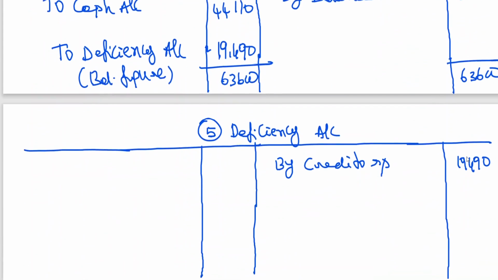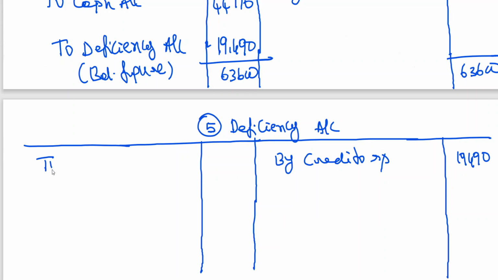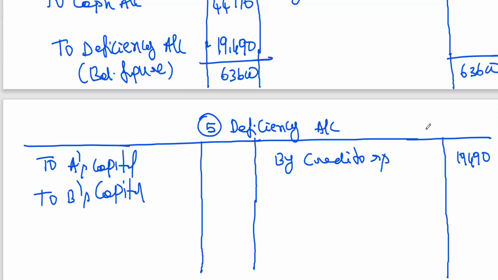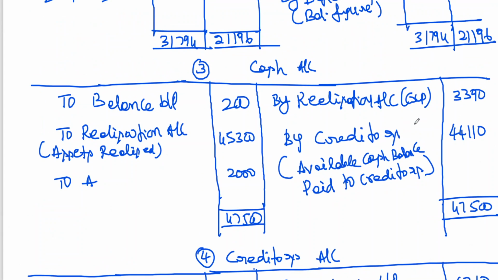By deficiency account I have written over here. The amount that is not brought by the partners is transferred to the deficiency account, to A's Capital, to B's Capital. Some people, when in a hurry, may transfer the deficiency account balance according to the profit sharing ratio. Don't transfer, as you will have confusion. Listen to me. In partnership accounts there are so many ways you can do it. I'll tell you about advanced stages later. The way of working the problem is different. Don't confuse. This is the simplest way.